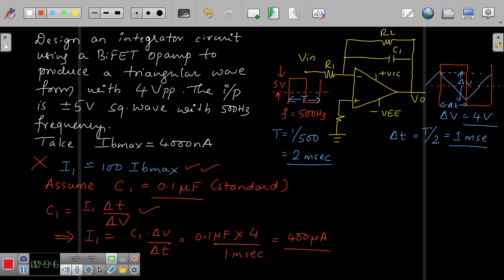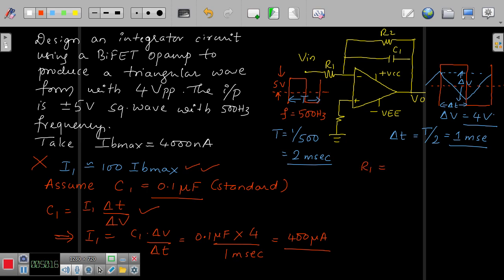So that means you also have the flexibility in assuming the value of C1, which is always supposed to be 0.1 microfarad. It is the standard value. You may ask, if I assume 0.01, what happens? Nothing will happen. It is the assumption, but you cannot assume 0.0234 something like that. You should always assume the standard values. Anyway, in this problem, both the methods will give us the same values of I1. So therefore, let us proceed with the calculation of R1 now.